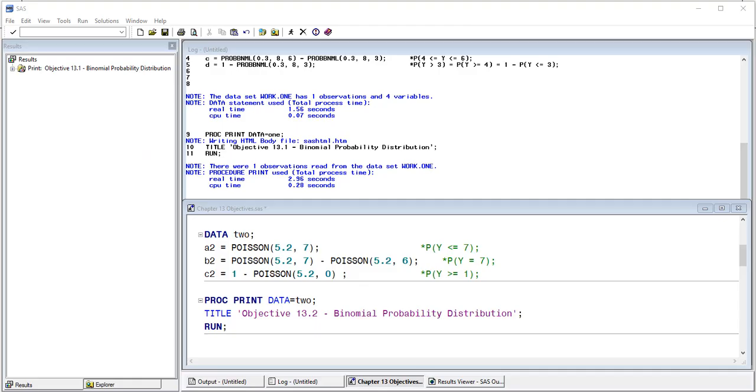So in objective 13.2, given that the mean of a Poisson random variable is 5.2, find the probability of 7 or less, the probability of exactly 7, and the probability of at least 1. It says to use a temporary SAS data set to do this and to print the probability values. So in my usual careful imagination here, I have data set 2 for objective 13.2,